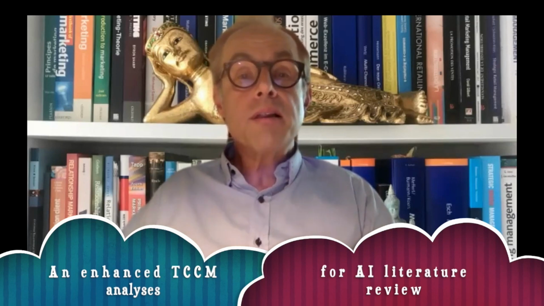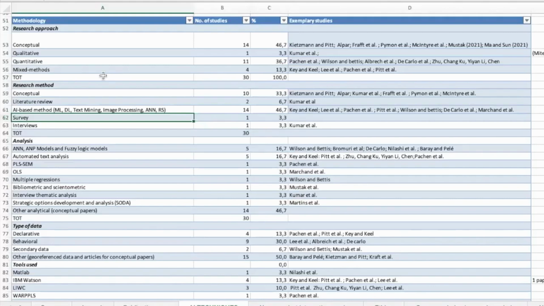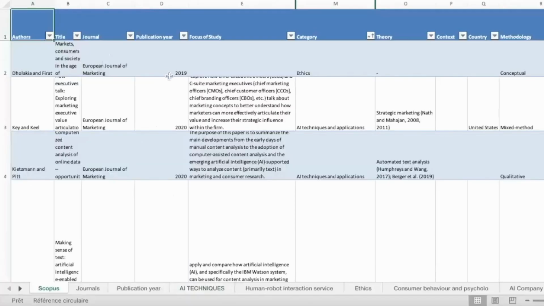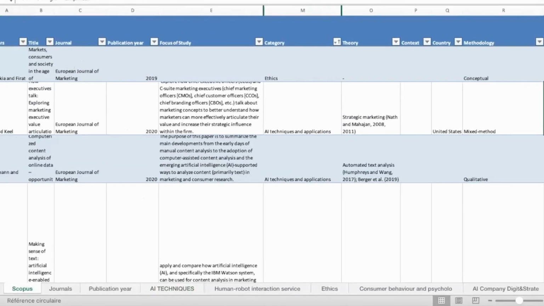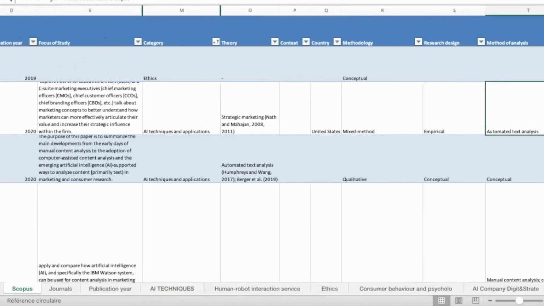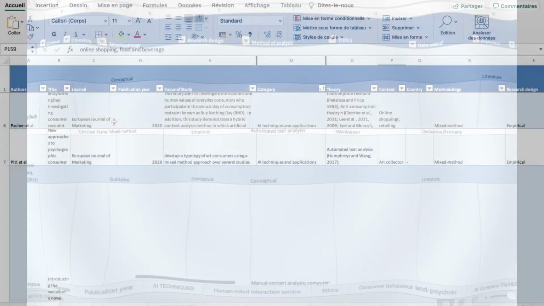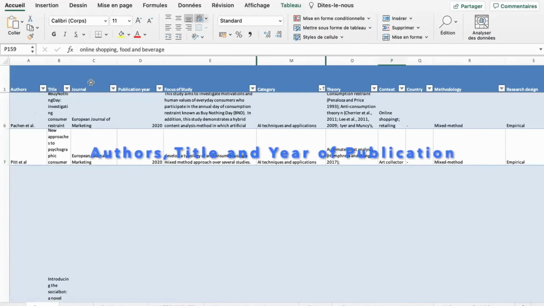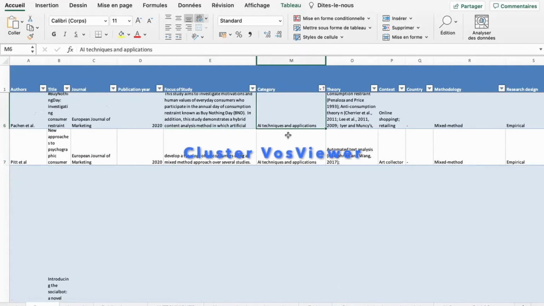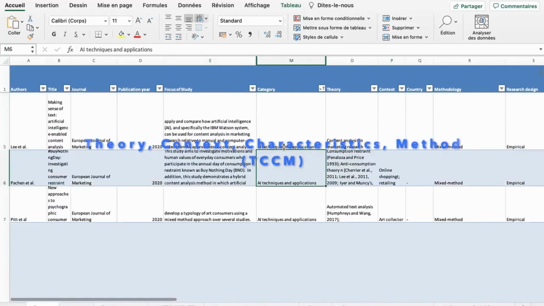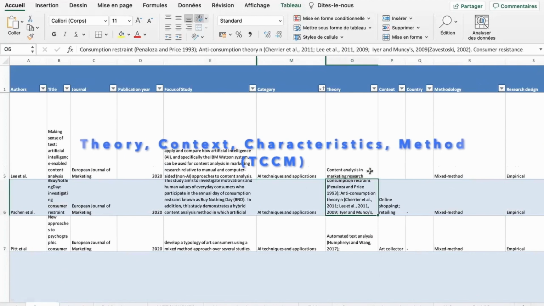And this brings me to an enhanced TCCM analysis for a literature review. For the TCCM, theory, context, characteristics, method analysis, you should create an Excel table like the following one to summarize the following information by enhancing the TCCM framework by adding the following information and creating supplementary columns. First of all, the title of the article, journal name, year of publication, focus of the study, the cluster of the VOSviewer analysis, which we have just seen, in our case 7, the results of the study, and then the TCCM variables, namely the theories used, the industry context or sector, the country variables used,